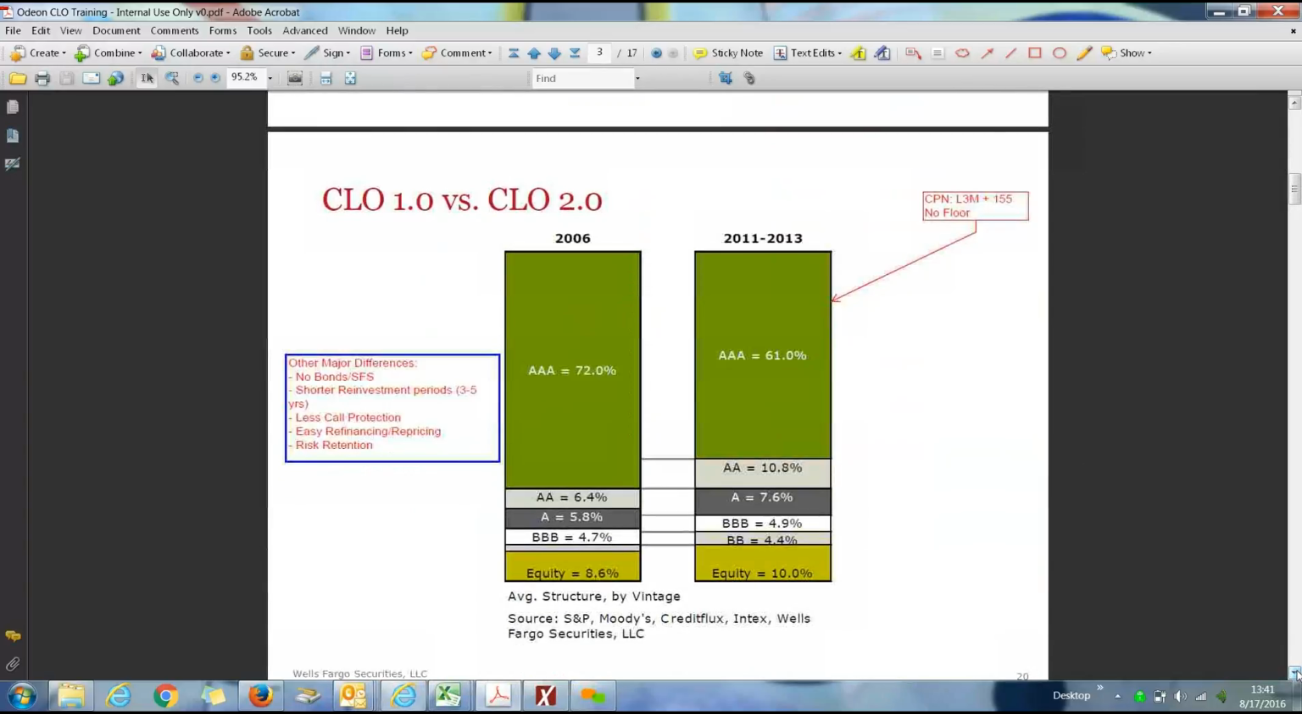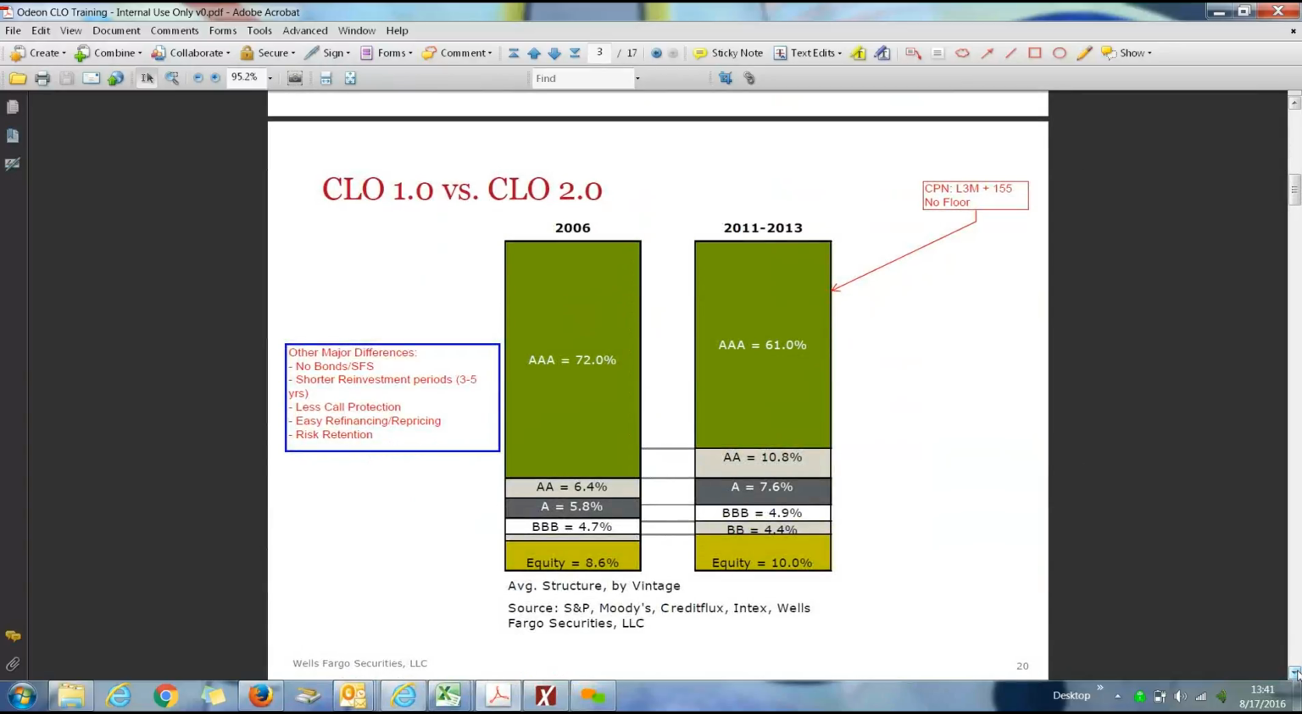All right, now CLO 1.0 versus 2.0. The big picture here, I got these bullet points here that tell you what the difference is. You can see what they did in 2011 and forward is 2.0. There was hardly anything issued in 2011, so it's really 2012. But basically what they did was they increased the subordination to the AAAs. This is the subordination, because losses come in the bottom, okay? So the AAAs are much more protected than they used to be,